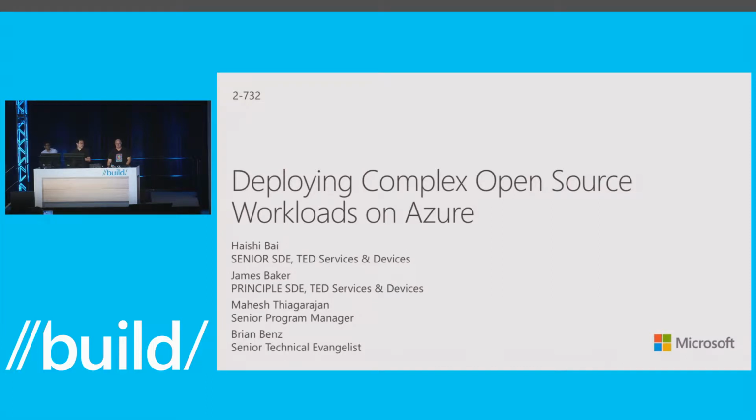Because this is an open source session, we did the session in the open source way. You can see we have 4 speakers on the stage, and many of us haven't met until yesterday. Actually, 2 of the guys are just introducing themselves on the stage, which is really interesting. We have a common goal. Our goal, 4 of us, is to introduce open source on Azure. We want to explain to you how we bring open source workloads on Azure and how we make them thrive